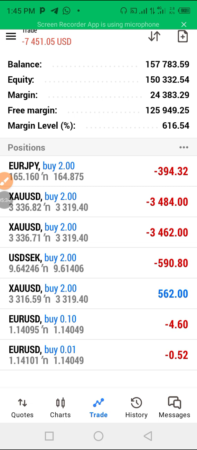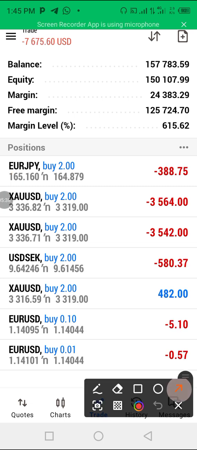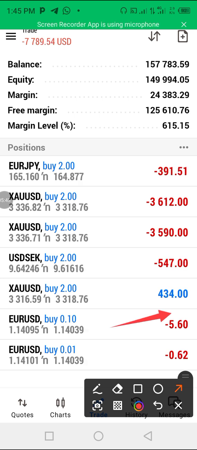Now, if you check on the two trades I took here, look at this one. When this one is losing minus 5, this one I see is 0 minus 0 point something. That's to tell you the power of lot sizes. If I decide to use a